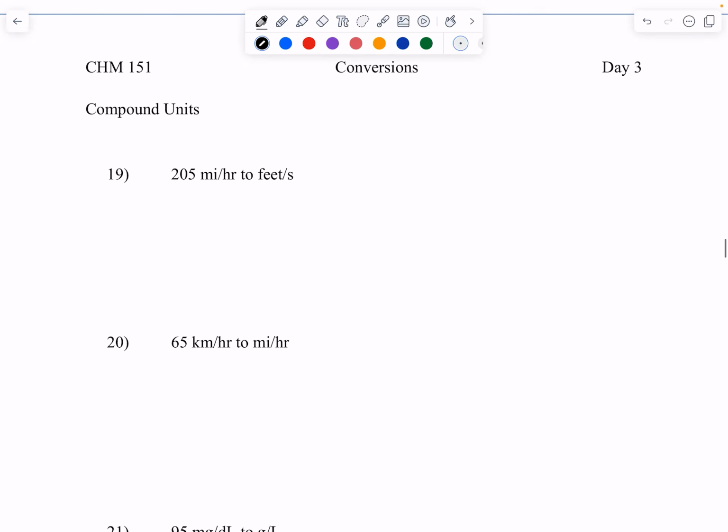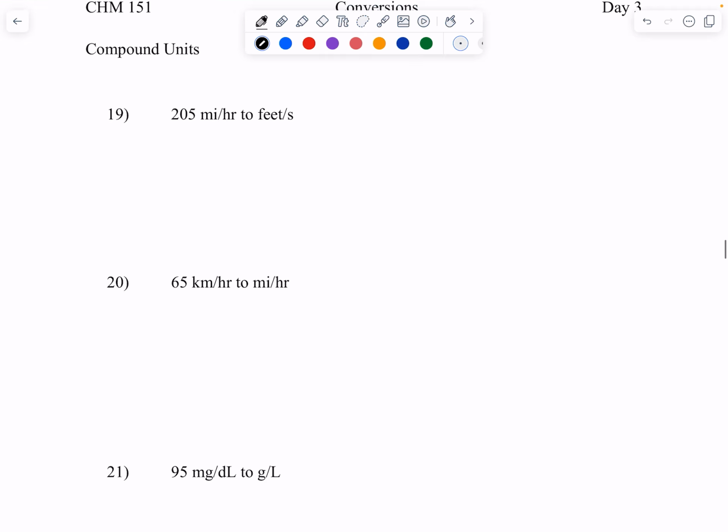Compound units. Home stretch, guys. Home stretch. 4 more to go. 205 miles an hour to feet per second. So if I do 205 miles an hour,